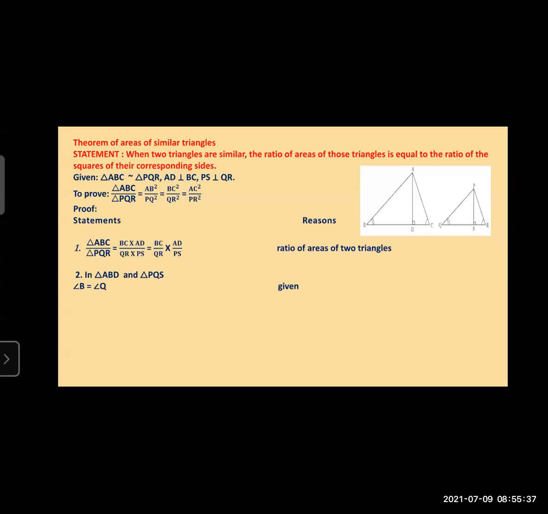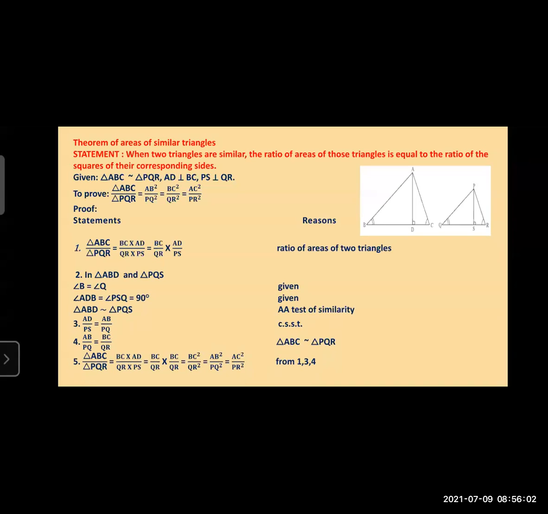That means if two triangles are similar, then we write the ratio of their areas equal to the square of the ratio of their sides. That is the meaning of the statement. So if this question is asked in your exam, first you write the given condition, then draw the diagram, then write what you have to prove, the proof statement, and then start the proof. Okay, so one by one we start. First we read the statement carefully.